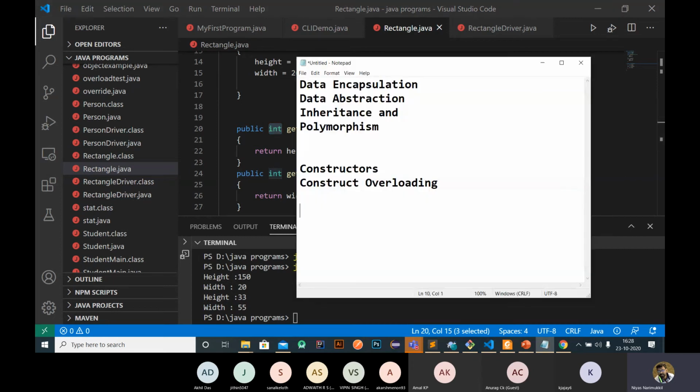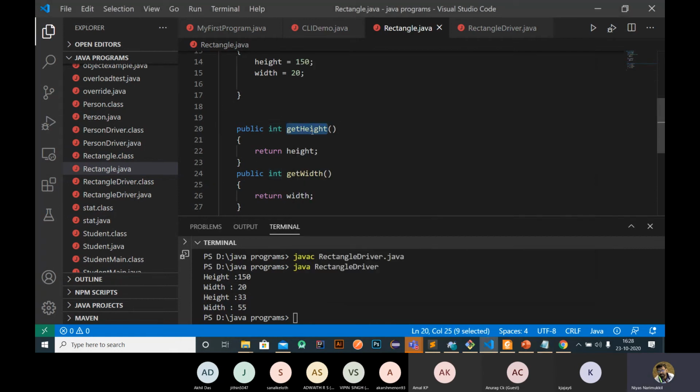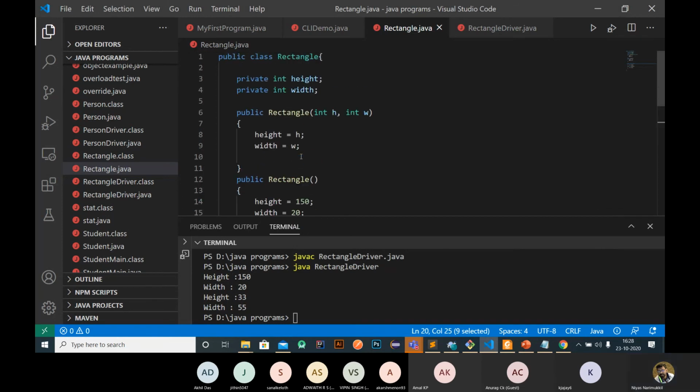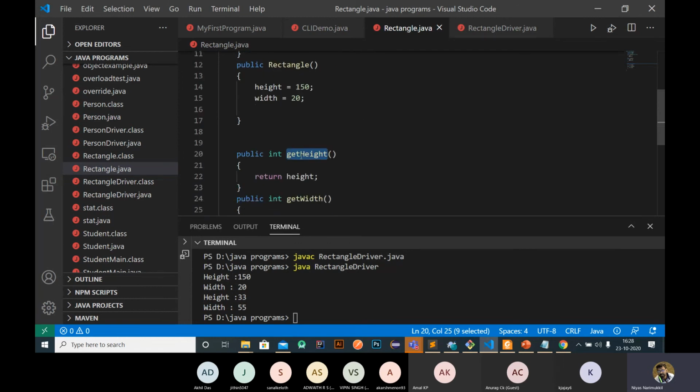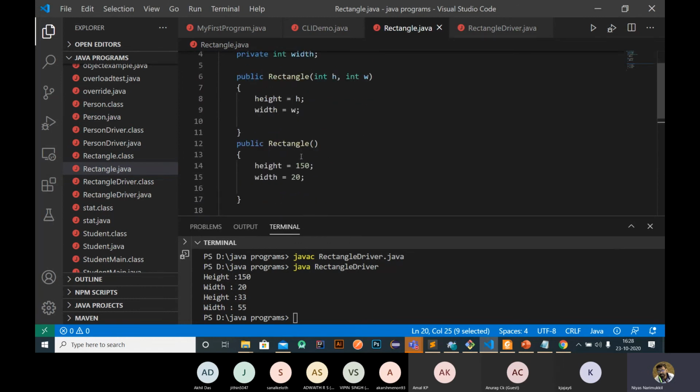Methods can also be overloaded. Methods means functions. Methods can also be overloaded. Overloaded means the function name, method name will be the same, but have a different definition, and the return type or parameters will be different. Okay. For example, this is an example of constructor overloading.